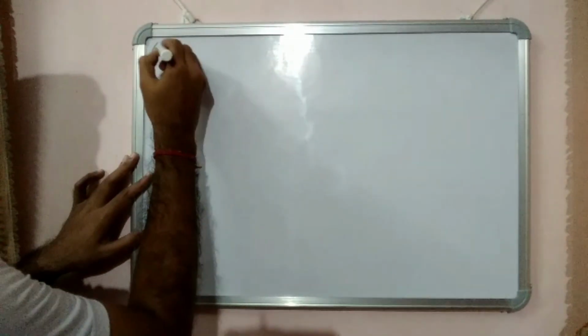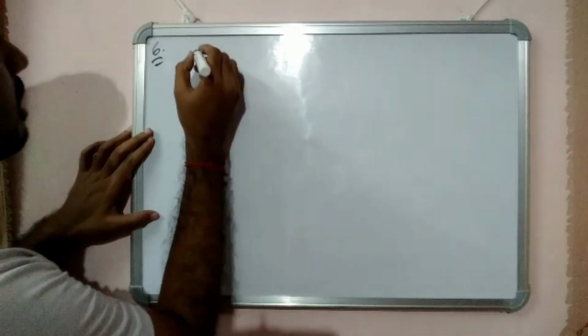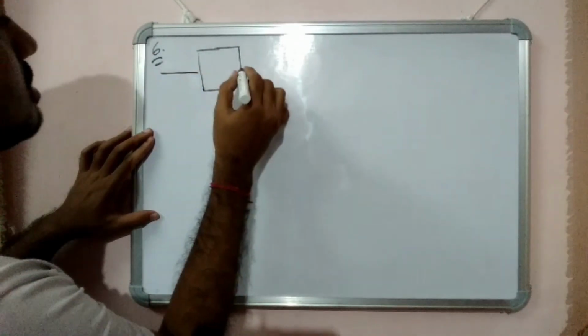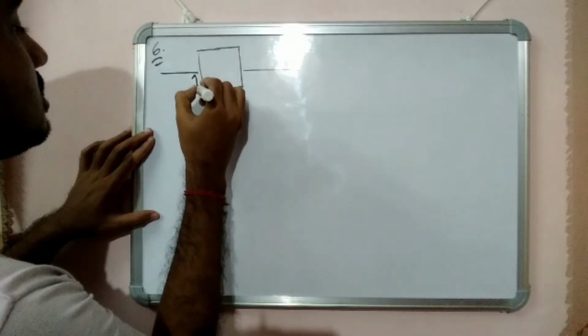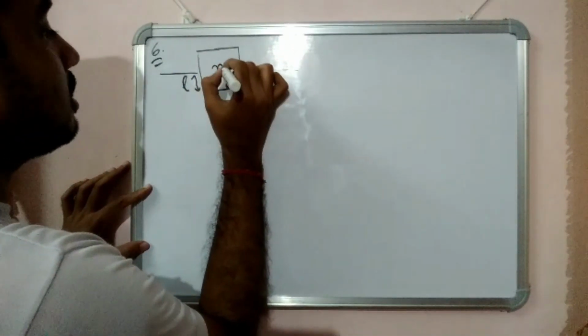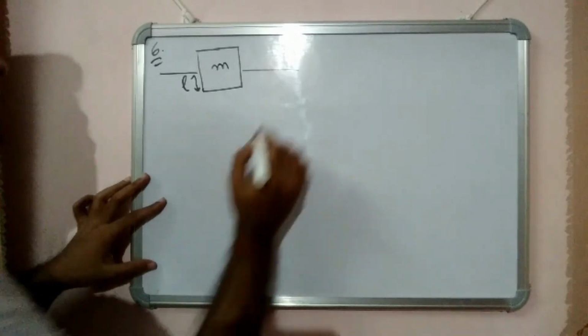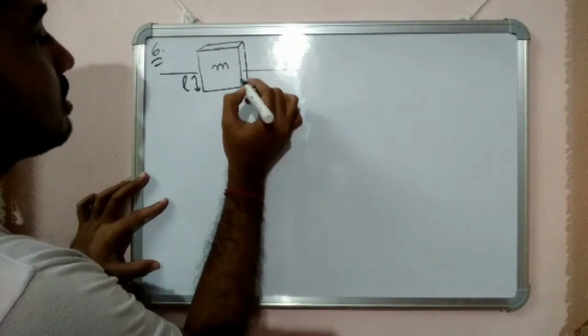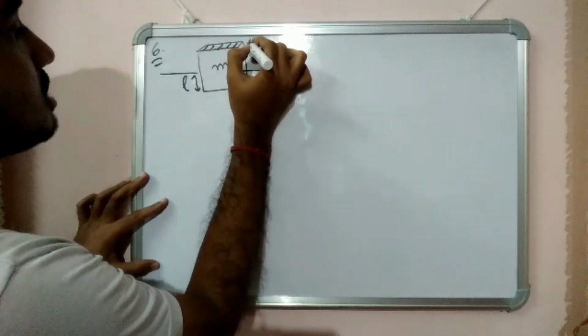Now number 6, it is a very important problem and watch it carefully. And the interesting part of this problem is first we try to understand the problem. Here there is a mass submerged in the water, and this is the length which is submerged inside the water. The mass of the body is m, and this cross section is A.